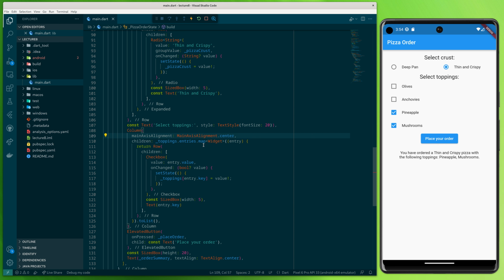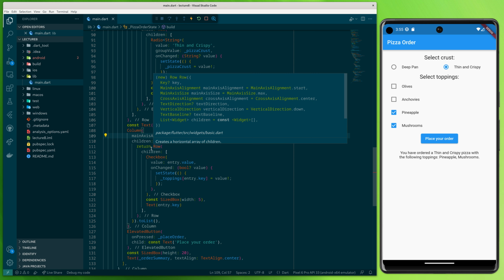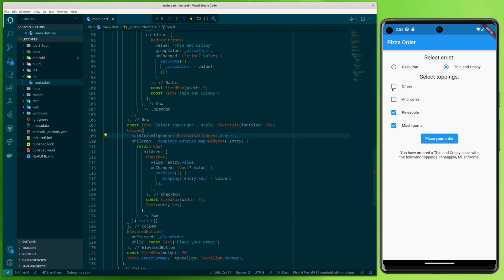It will call this entries, which will basically iterate through all the entries that we have in toppings, in this case olives, anchovies, pineapple, mushrooms, and create a row for each of them, one of these rows, with a checkbox, an entry value, and this entry value is from the